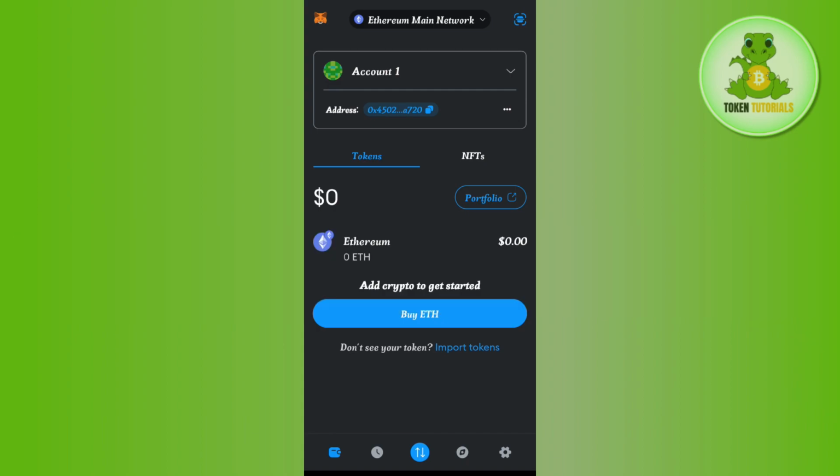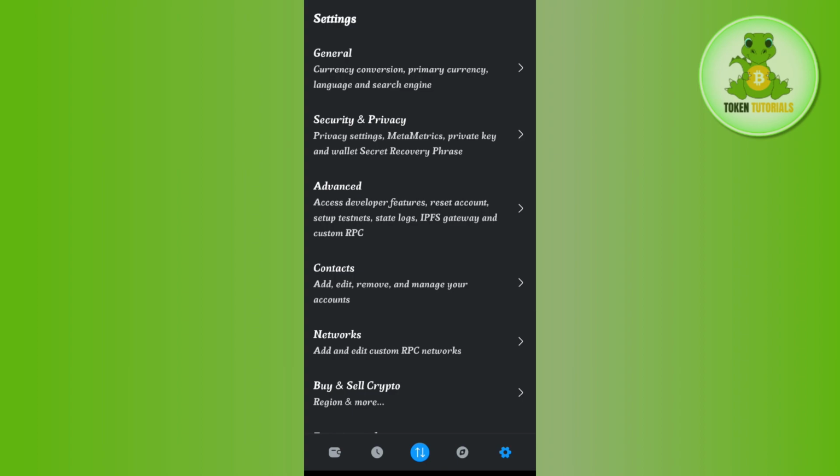For that, first of all, you just have to launch your MetaMask mobile application and then log in into your account. Now, once you're successfully logged in, on the home page, you are going to see this gear icon in the bottom right hand corner of the screen. So you need to tap on this gear icon and then in the settings, you will have to tap on